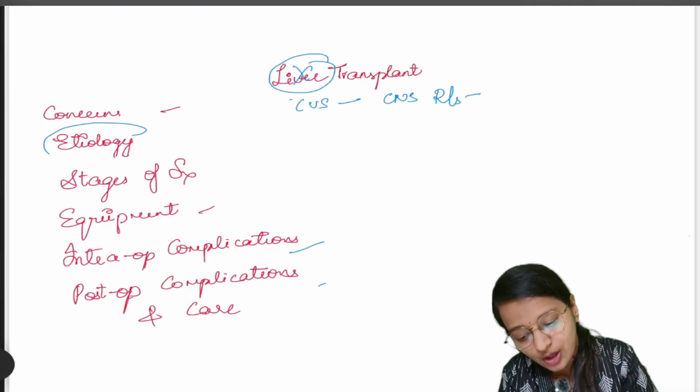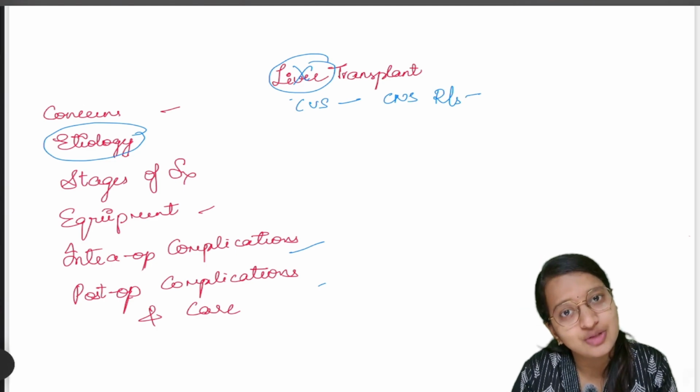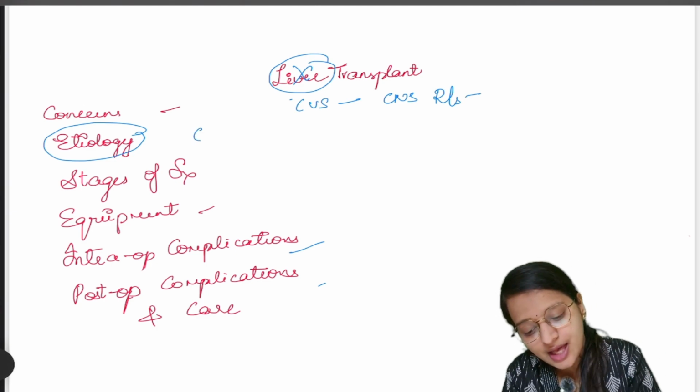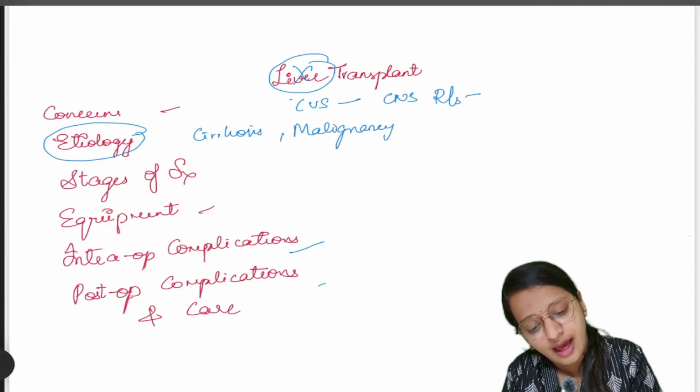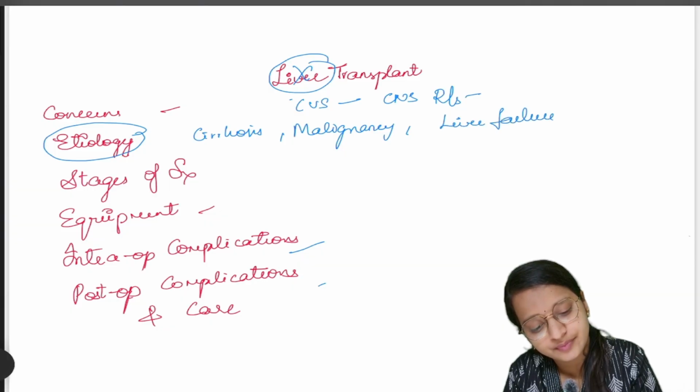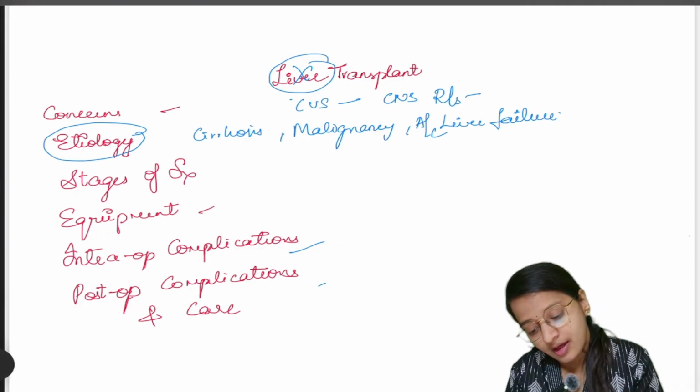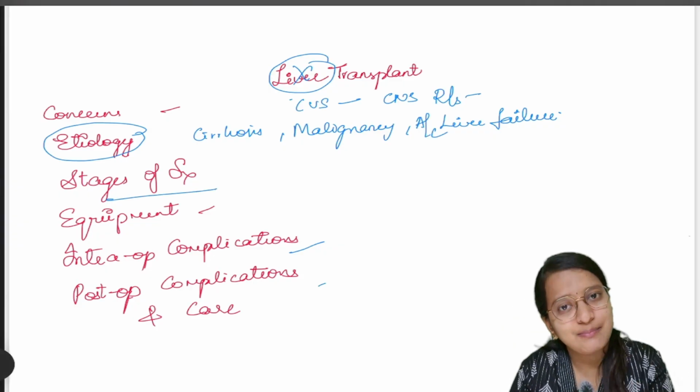So coming to etiology, the situations in which you'll go for liver transplant are mainly cirrhosis, malignancy, and liver failure. Okay, acute liver failure. Coming to stages of surgery, this is important because all your complications or equipment needed will